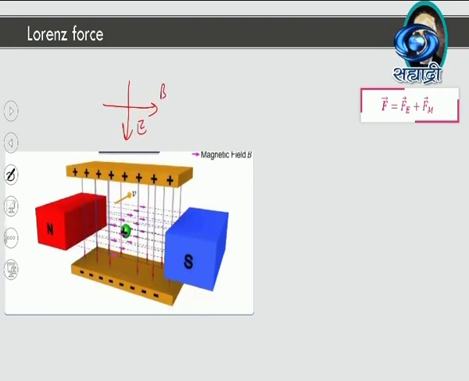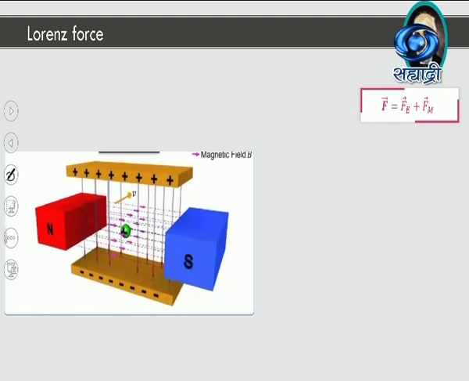We can see here. Now, in the previous lecture, we have seen what would be the effect if charge is moving only in electric field and only in magnetic field. Now, what should happen if both the fields are applied? What should happen if I reverse the direction of electric field? I keep magnetic field this way and I'll do the electric field direction upward. What should happen then? What should be the direction of force? You can go into detail about it, but let me explain the derivation for this Lorentz force.